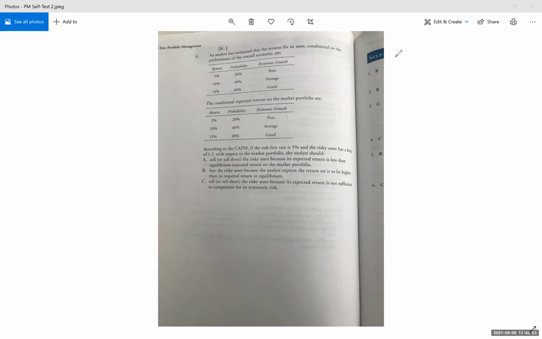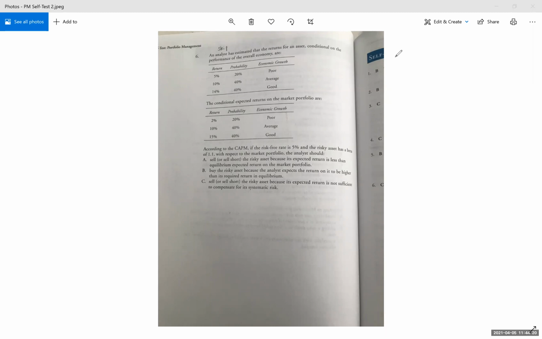All right, here we have a walkthrough for a portfolio management question for CFA level 1. This is from the self-test from one of the Kaplan-Schweizer books back in something like 2011 or 2012, but the concepts are still relevant. So we're going to do this walkthrough, and hopefully it helps show candidates